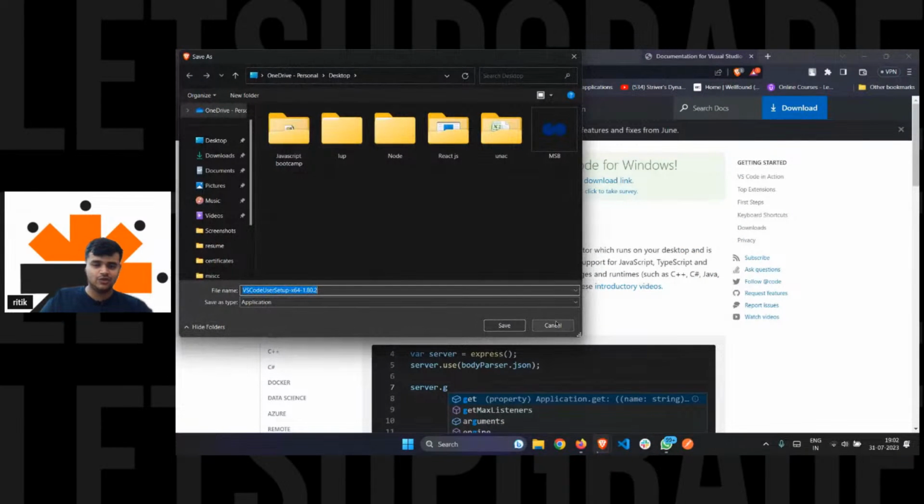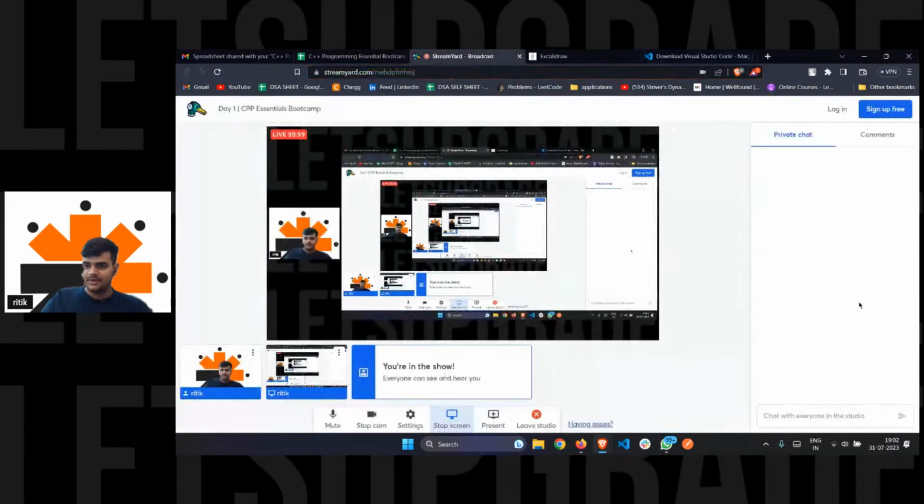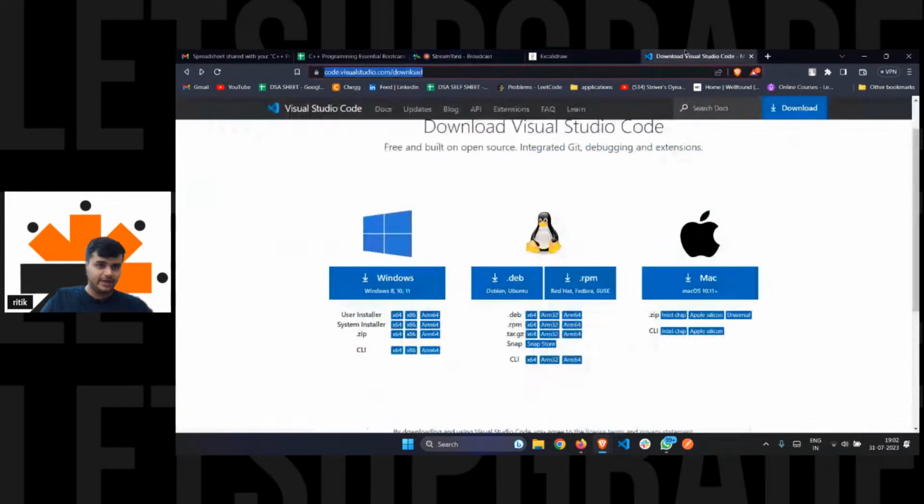Once you click on that link, it'll automatically show this dialog box, right? I have it already downloaded, so I'm not downloading it again, but I'm giving you the link for where you can download it. Maybe the mods will give you the link if they can, but if they cannot, you just go to VS Code download, click on Windows or Mac according to your machine, and quickly download it.